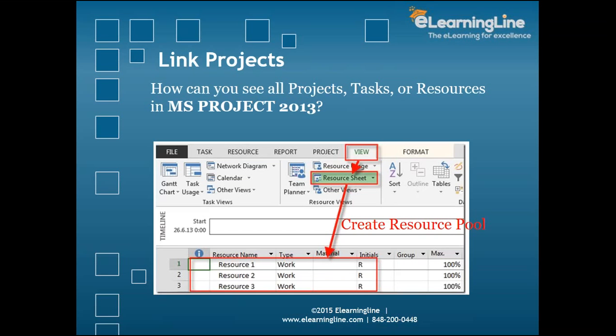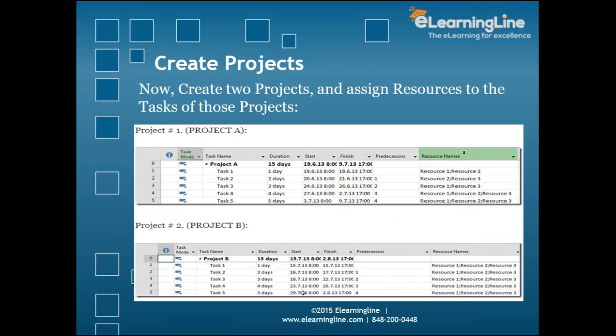So once you have the project, tasks, and the resources, then on the resource sheet we assign all the resources and their corresponding allocation. Now what you do is you create two projects, and these two projects are the projects where you are going to share the resources. So if you have two projects where you need to share the resources, you will have two projects. If you have three projects to share the resources, you will have three projects.